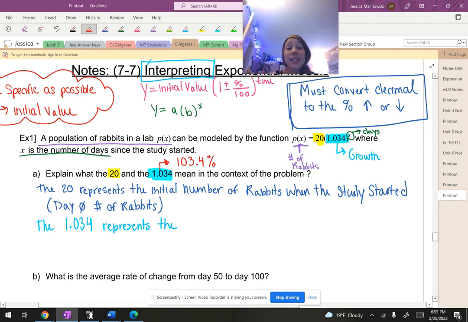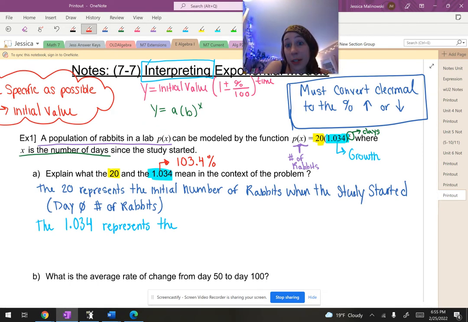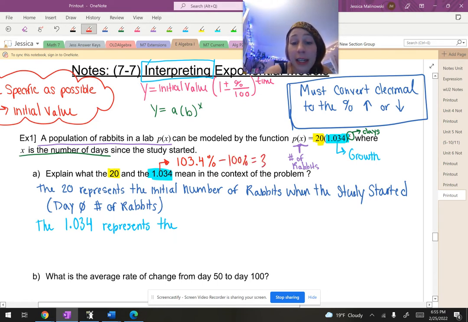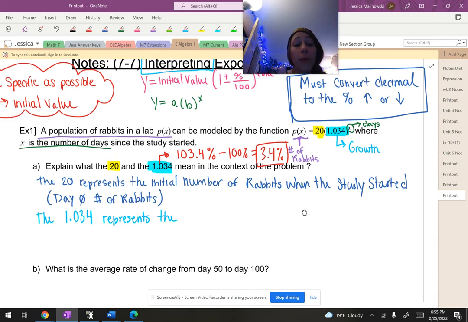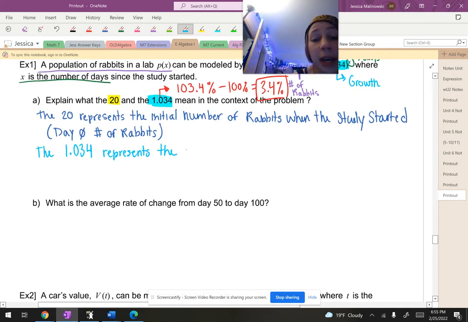And now it's not increasing by 103.4%. The 100% represents that original amount. So we need to take that original amount out. We need to take that 100% out. Could get us left with that 3.4% increase. That's the key piece that you need to be able to do. So that 1.034 represents the 3.4% increase